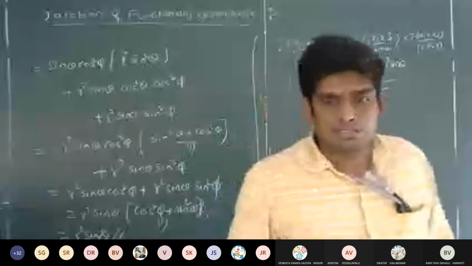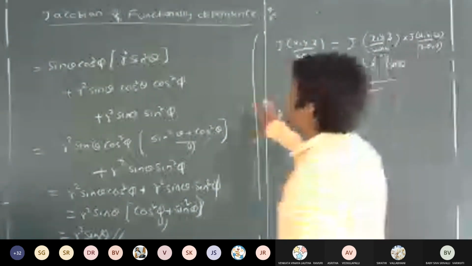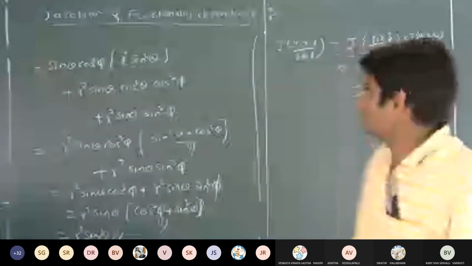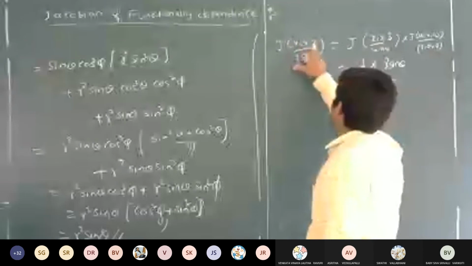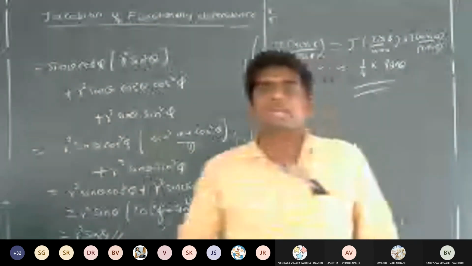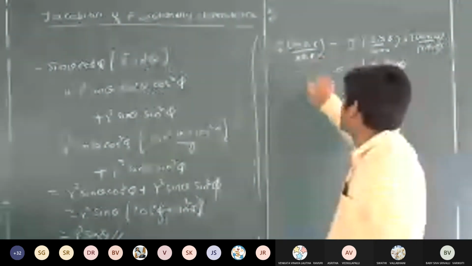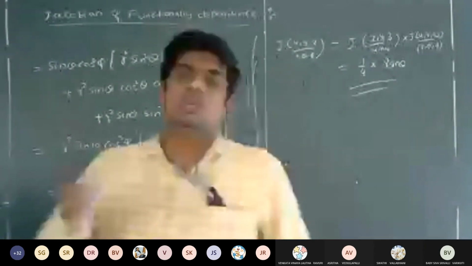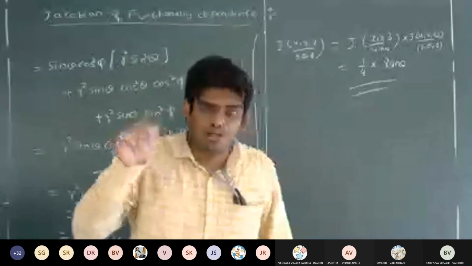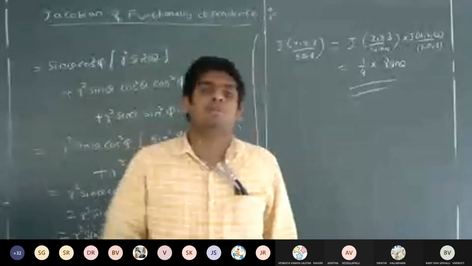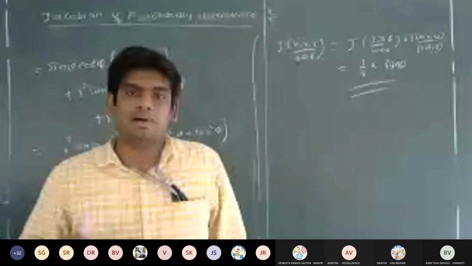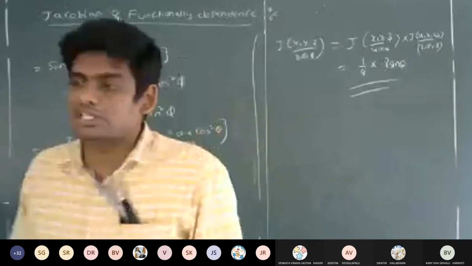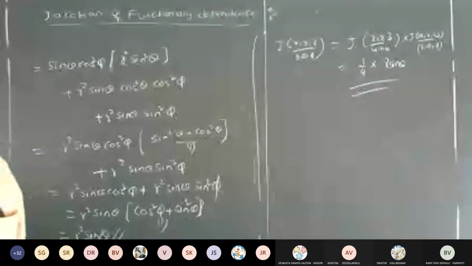That value is r. So here this problem is solved by using the property of the Jacobian. So what does the property mean? It means that if the given variables x, y, z are not directly variables of r, theta, phi, then in that situation we split the Jacobian. Why? Because initially x, y, z are functions of u, v, w, but again u, v, w are functions of r, theta, phi. So because of that, here we are using the property. Based on that property, we have calculated the two Jacobians.